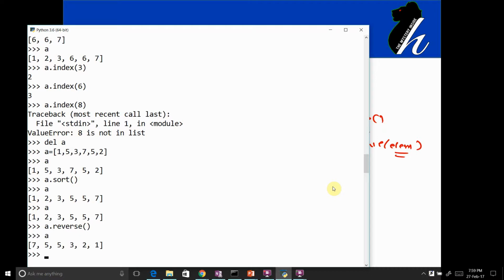So I would have the list in descending order actually, and if you wanted to order your list into descending order, then first sort it and reverse it. So that is another way to have the list in descending order.